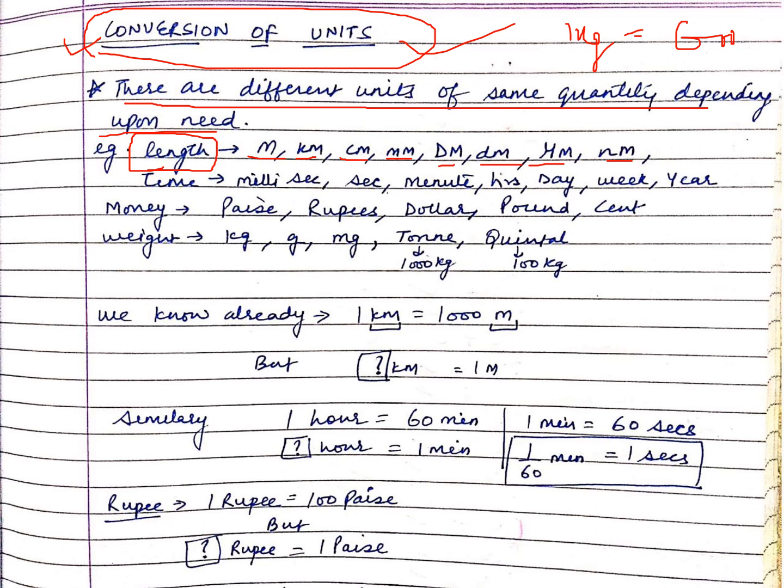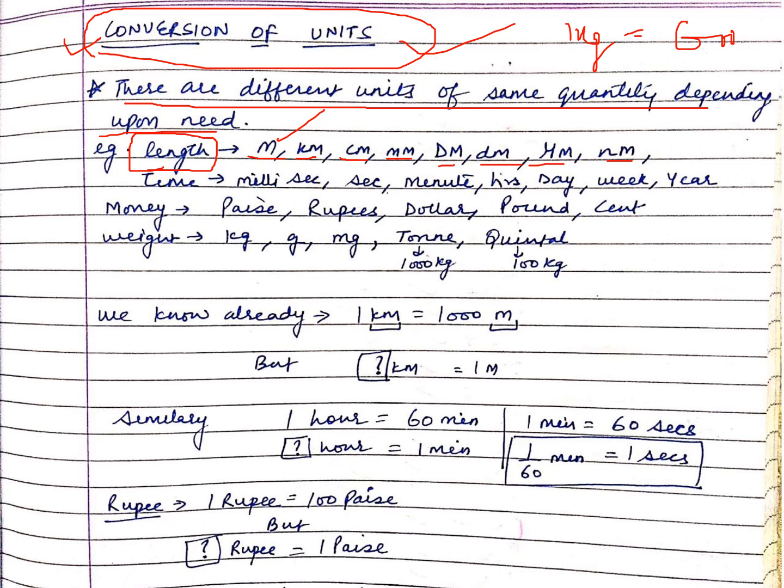Why do we have these many units? Why can't we use only 1 meter for all things? Why confuse everyone like this? The thing is, we choose units as per the requirement. If you are finding the distance between two walls of a room, going with a meter scale is okay because a meter scale is enough for that. You will get around 10 meters or 15 meters of distance, so you won't need a much longer tape or a much bigger value.